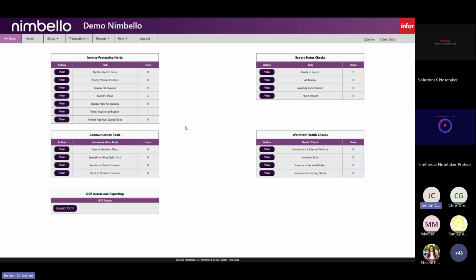From an AP perspective, you're going to see on the left-hand side here all invoices that have an exception. So if it is a PO invoice that has a pricing hold, doesn't have receipts available, has an additional charge you want to review. If it's a multi-PO single invoice, we track those for you as well, so we can